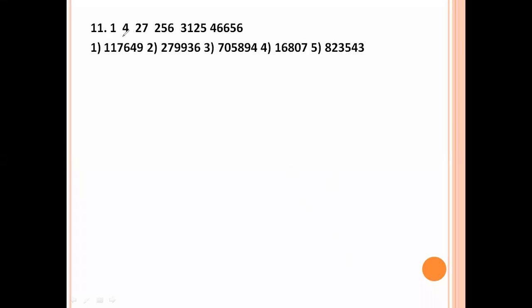Next, here clearly observe that all these numbers are in the form of squares or cubes. Now 1, 2 square, 1 power 1. This is 3 cube. This is 4 power 4. This is 5 power 5. This is 6 power 6. What is the value of next? 7 power 7. So what is the value of this one? 7 power 7 means 7 into 7 into 7 into 7 into 7 into 7 into 7. Suppose you multiply these values, it takes so much time.